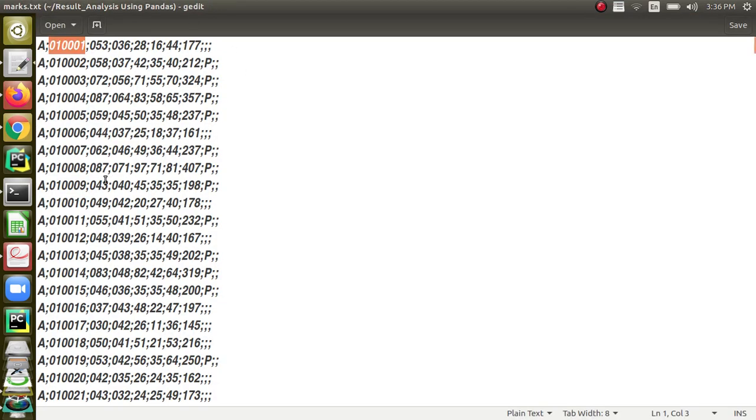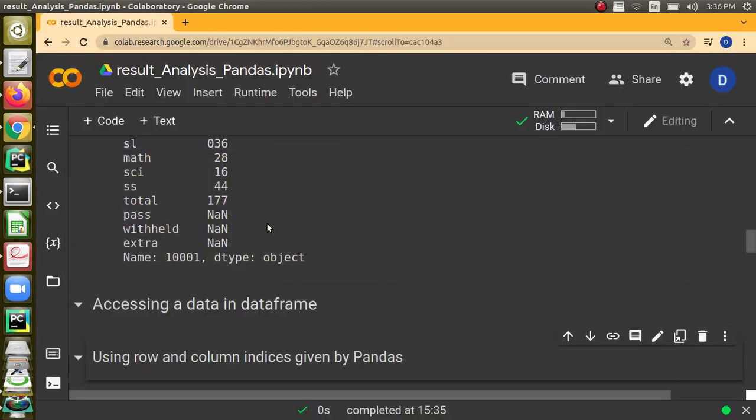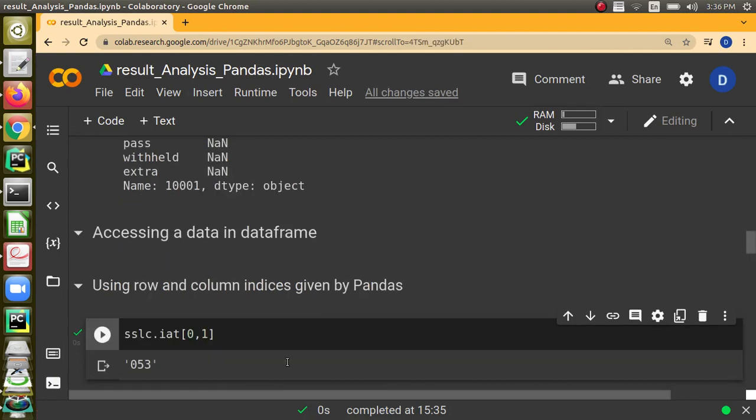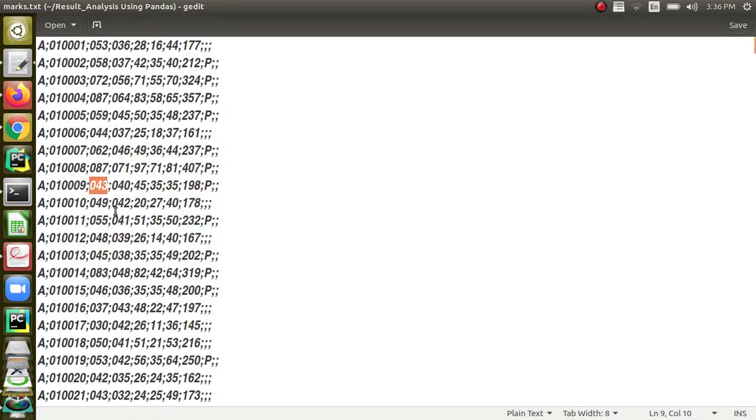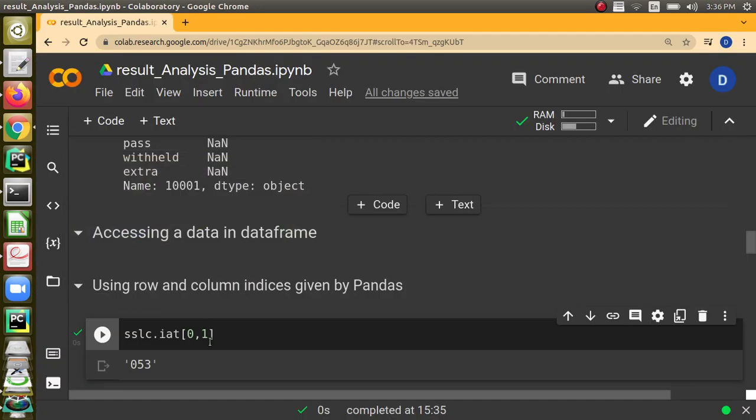For example, if I want to know what is the mark secured by the student in first language, how can I do that? For that, the at function is used. As we have iloc and loc, for at also we have got iat and at. When we go for iat, when we want to refer to this mark, I have to give two things. One is the row number, another one is the column number. That's how we can refer to a cell in a data frame, right? So it will take two arguments.